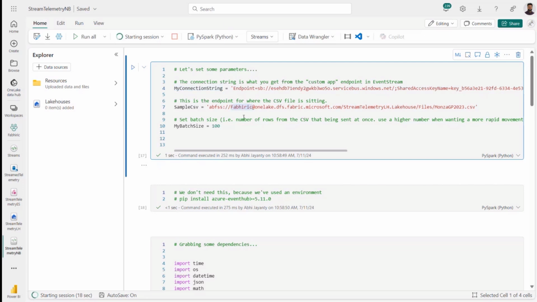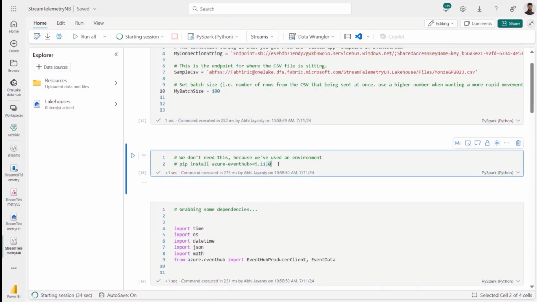And we also need the endpoint for where the CSV file is actually sitting so that we can connect to it. And what we're going to do is set a batch size for our rows. I don't want to overload the event stream, so I want to pull through 100 rows from my CSV each time. And you can see here that I've got the line of code to install the Event Hub